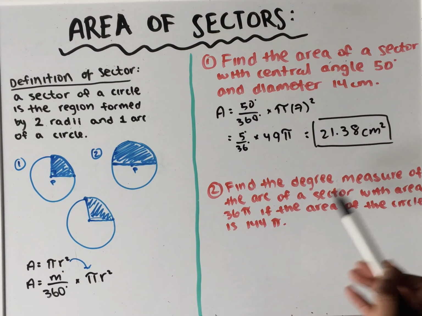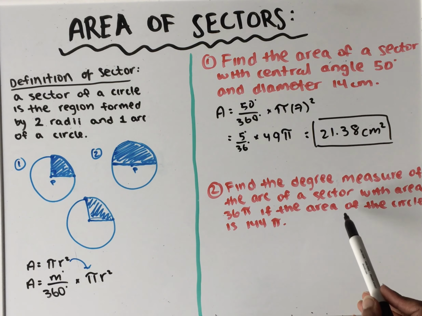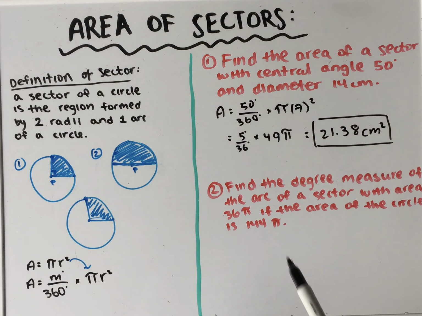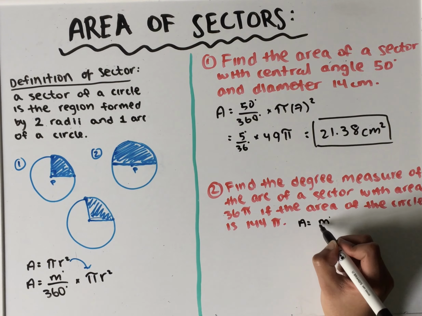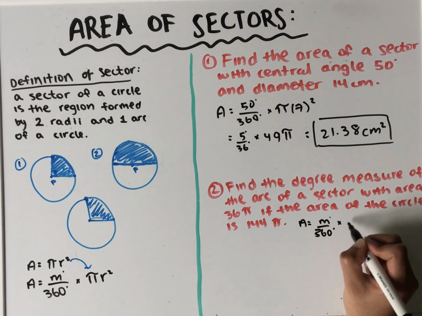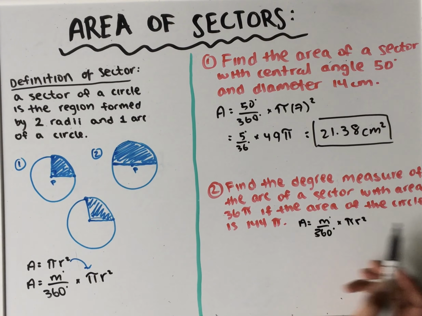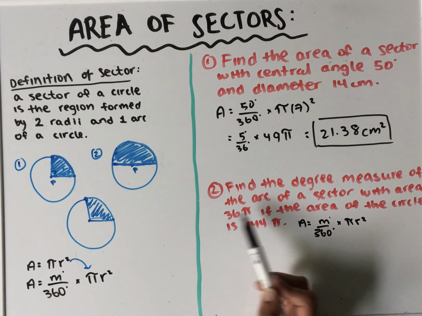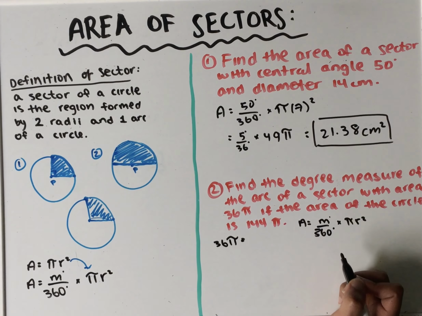It says, find the degree measure of the arc of a sector with area 36 pi if the area of the circle is 144 pi. So this one isn't as straightforward as the last one. In this case, we're still going to be using the formula. So it's A equals m degrees over 360 degrees multiplied by pi r squared. And we can start plugging in what we know. A is the area of the sector, and in this case it states that the area of the sector is 36 pi. So we plug in 36 pi as A